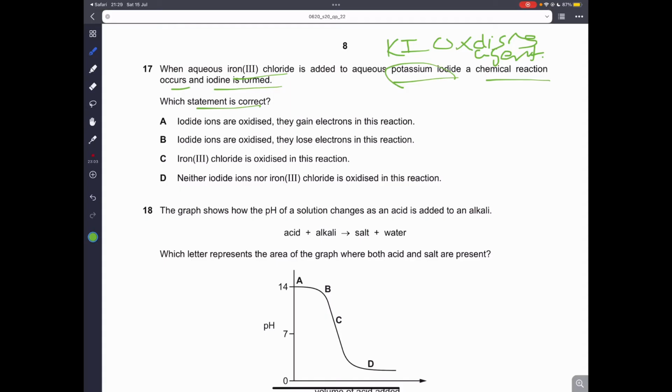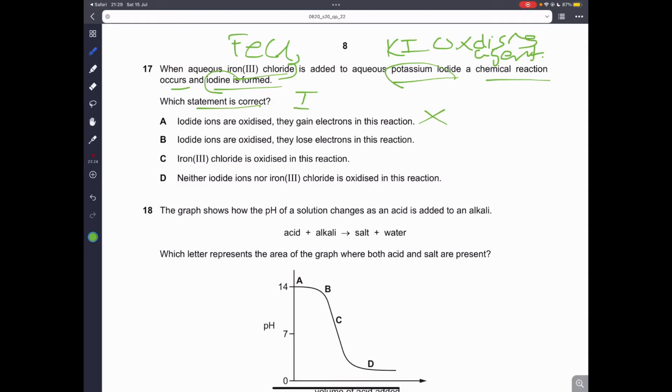So, first, iodine ions are oxidized, they gain electrons in this reaction. That is wrong, because here we can see that the Fe3 chloride and potassium iodide, okay, so the iodine is